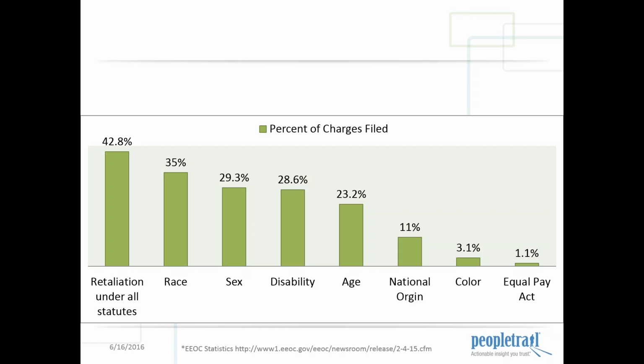So as I go down the line, sex discrimination, 29.3, disability, 28, age discrimination, and then it kind of tapers off from there: national origin, color, equal pay. But my point of bringing up this slide is to show that the EEOC is out there filing complaints, and in fact, the thing I think